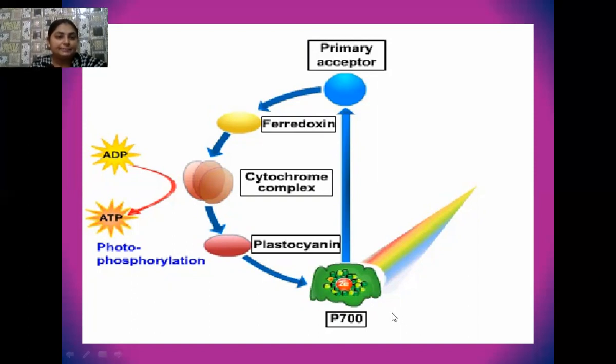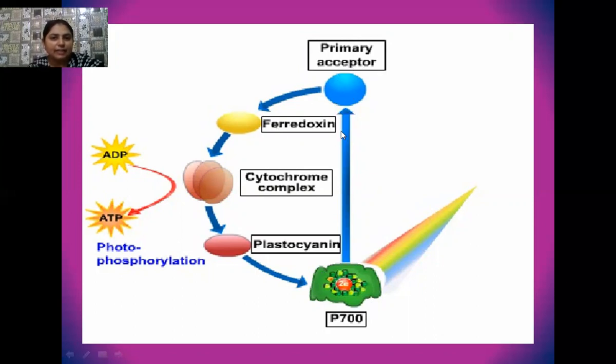As you know, when electrons are present in this photosystem, photosystem 1 P700, they receive energy from the sunlight in the form of photons, and these photons fall over these electrons. Then these electrons receive extra energy and do the uphill movement. During this uphill movement, they reach their excited states, which are generally their unstable state. So they again want to be in their stable states, and for this purpose they come in contact with various types of primary acceptors.